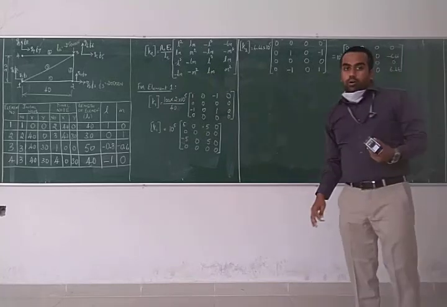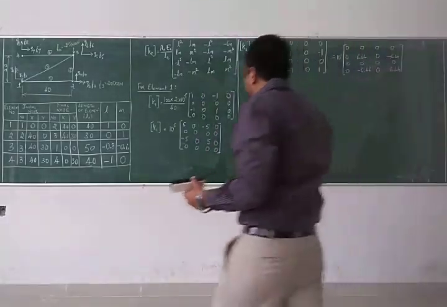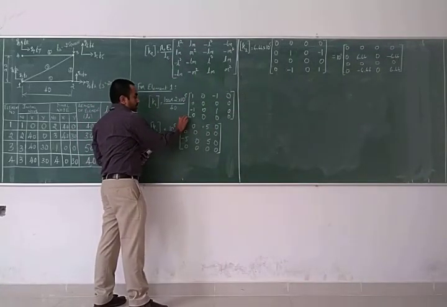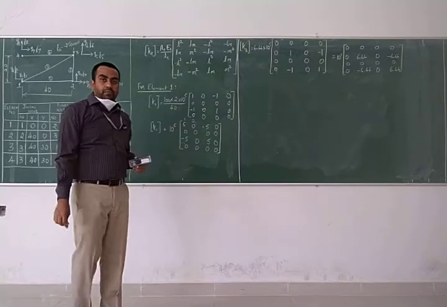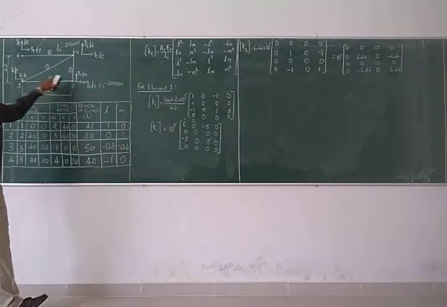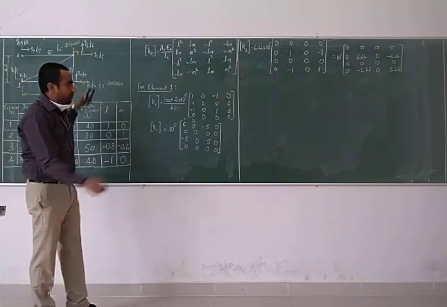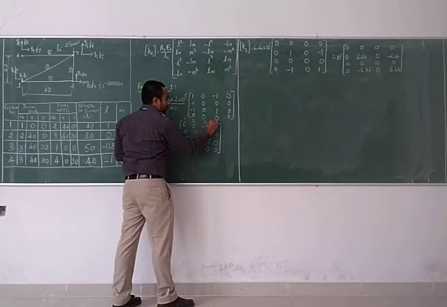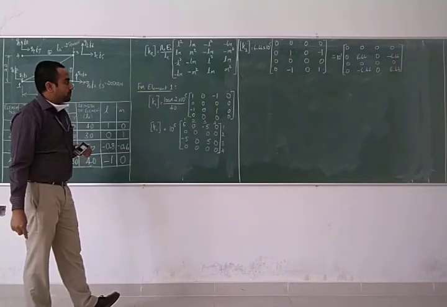Now, we will note the degrees of freedom as well. So as I told you, for element 1, this is along x direction, this is along y direction, 1 and 2. 2j minus 1 and 2j, whatever we use to denote q1, f1, q2, f2, all those stuff. So the same concept, 2j minus 1, 1, 2. This is 3 and 4 pertaining to node 2. 1, 2, 3 and 4.